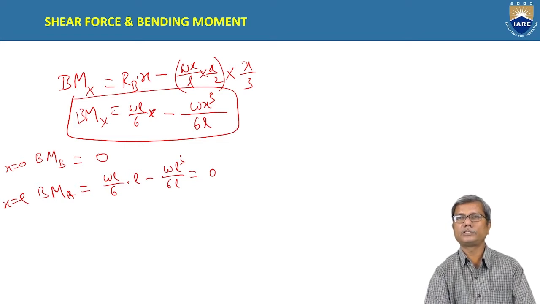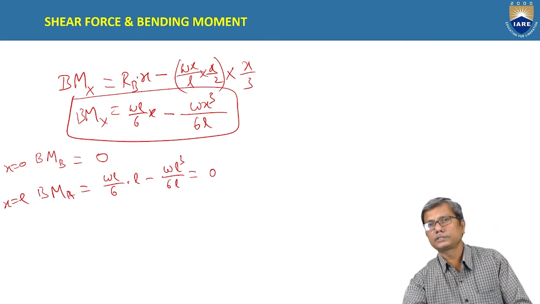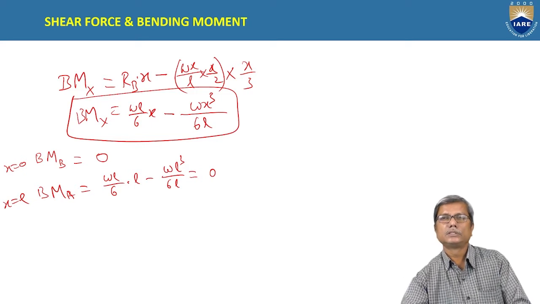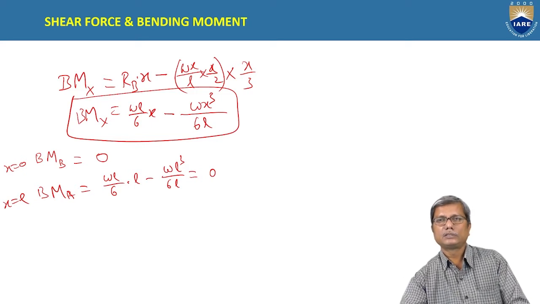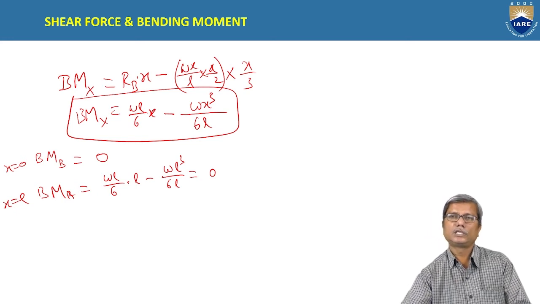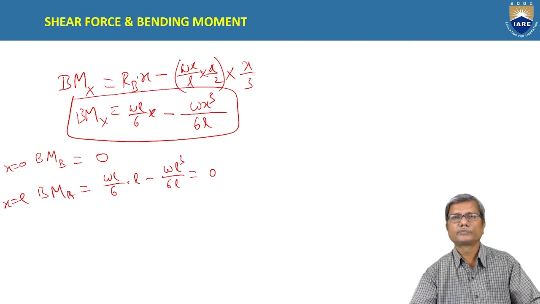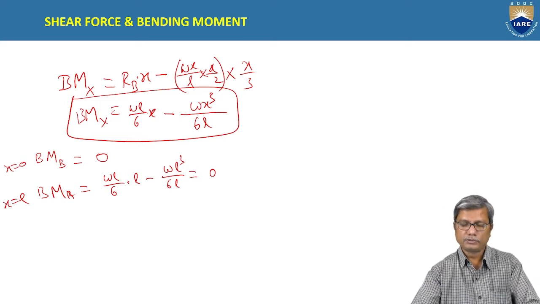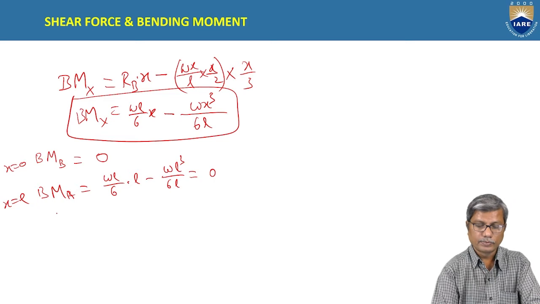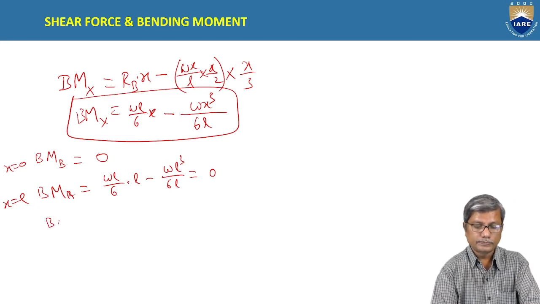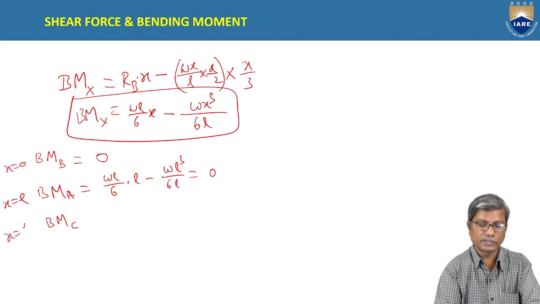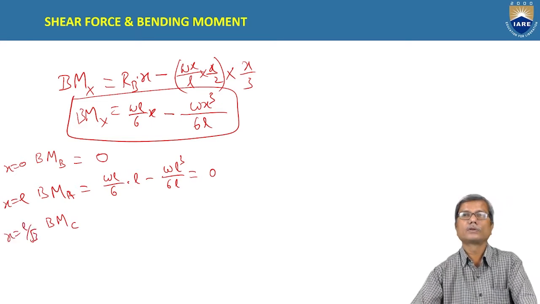The bending moment will be 0 at the supports, because the supports will not restrain the rotation. The supports are not restraining rotation here. So the bending moment is 0. Okay. And the bending moment at some point C, where x is equal to L by root 3,